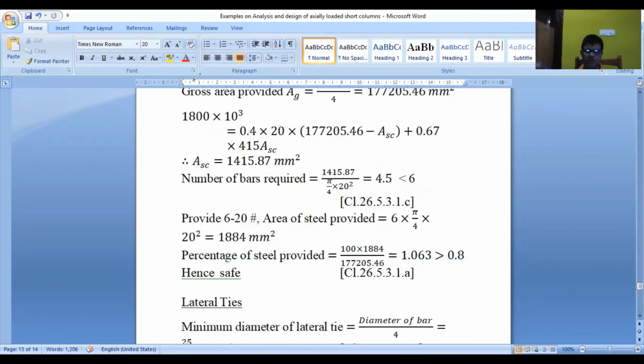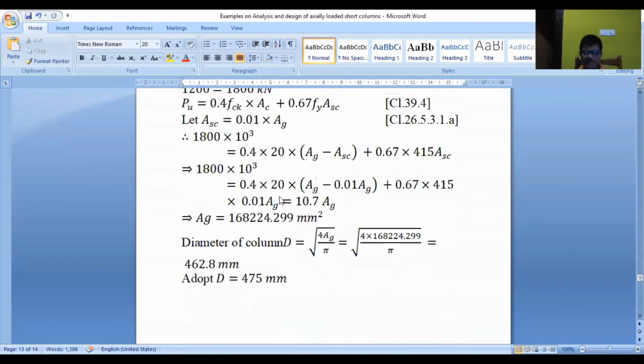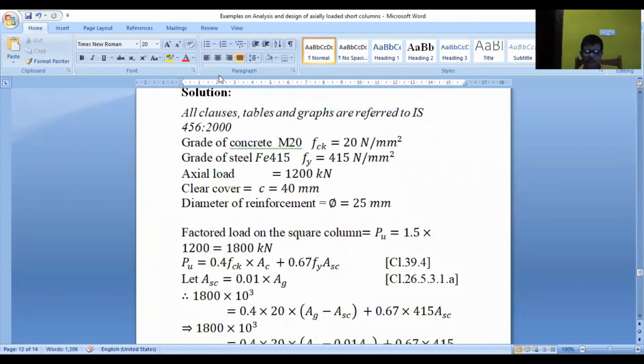So we can check here. You have to change this. You have taken 25 perhaps. Okay, so this value should be 20. So please correct it. The value we have taken in the calculation is 20 millimeter. So now this value is 20, and accordingly we have to do this problem.